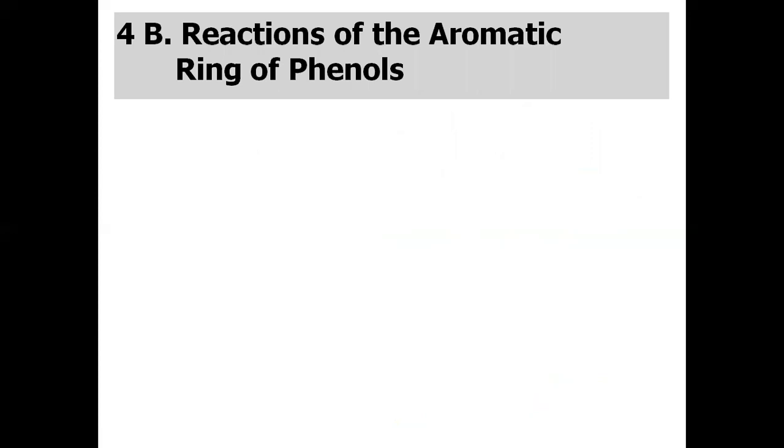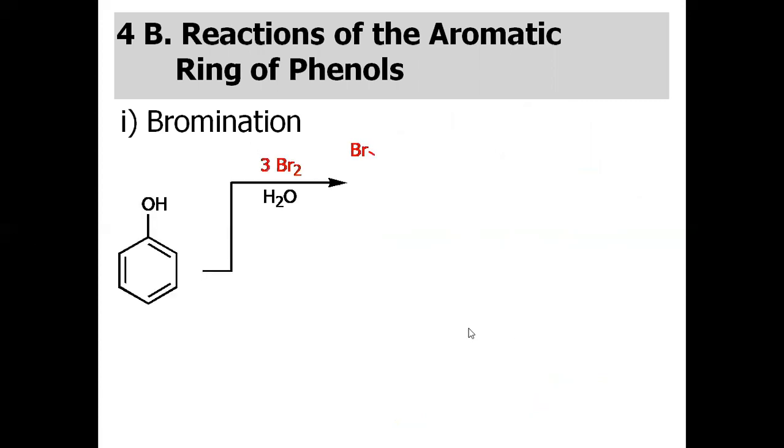Our next type of reaction of phenol is on the aromatic ring of the phenol. The first reaction on the aromatic ring of the phenol is bromination. Now, dear student, keep in mind, phenol is basically a ring activator. If you remember, when you have only benzene, to brominate the benzene ring we basically need some Lewis acid like AlCl3 or FeBr3 in order for the reaction to proceed.